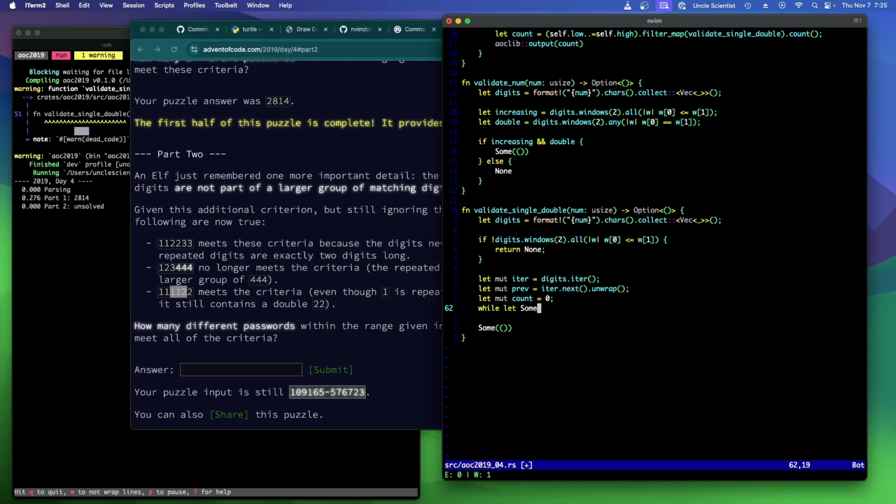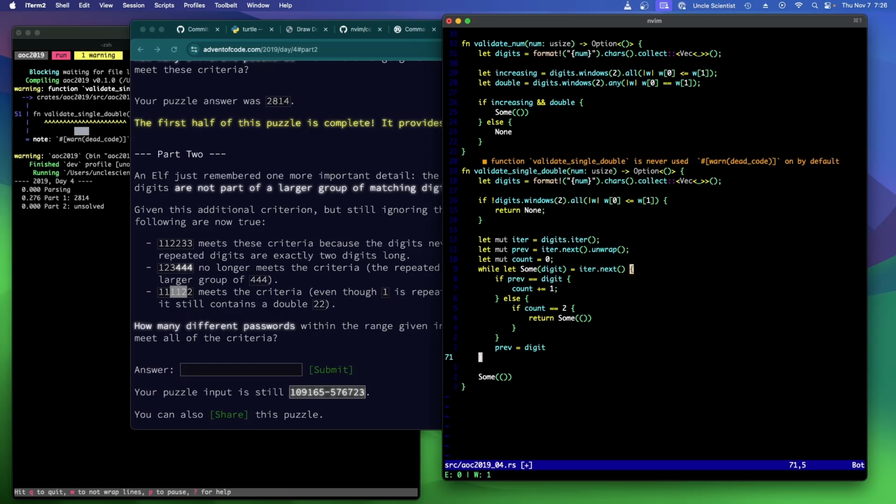While let Some(digit) equals iter.next(). If prev equals next digit, then count plus equals 1. Else, if count equals 2, then we can return Some. Otherwise, we'll say prev equals digit and keep going. And count, oops, count equals